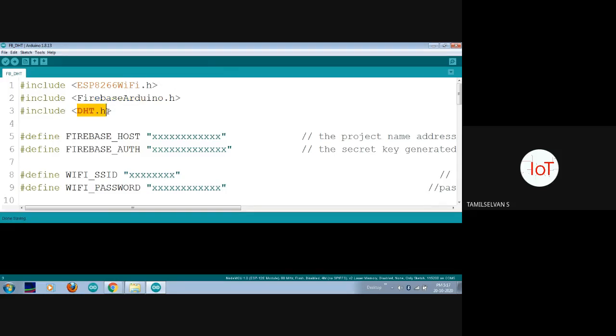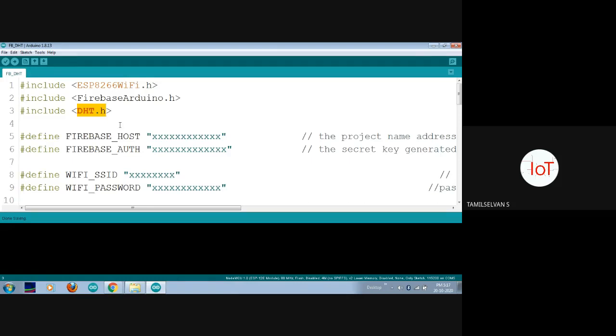And the next one is a DHT library. Since we are using a DHT11 temperature and humidity sensor, we can use this library. As I said before, we have a variety of DHT sensor libraries like DHT, DHT ESP, small dht, capital DHT. Many kinds of libraries are available.